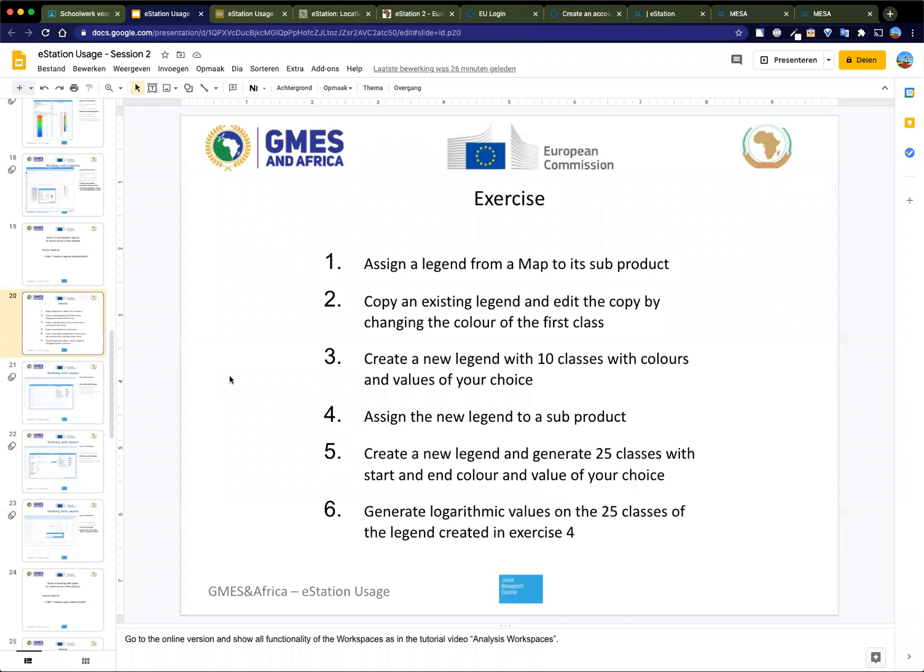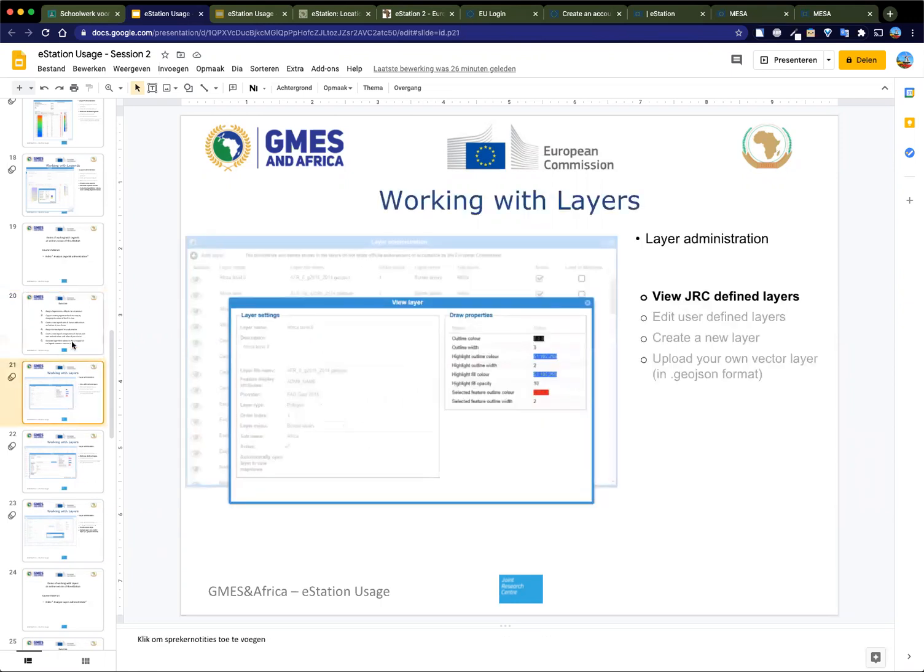please open your own copy of the slides to view the exercise because I will change the slides now. Okay, working with layers. So as you know, I've shown you that there are various border layers and marine layers and other layers like protected areas. And there is also a layer administration tool